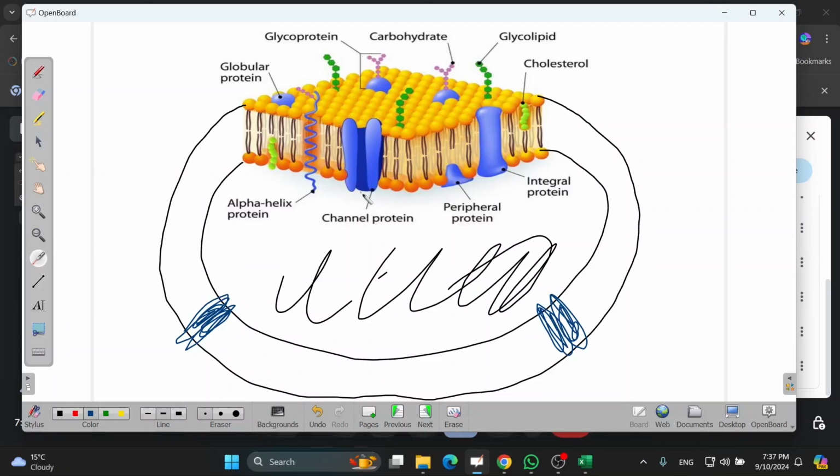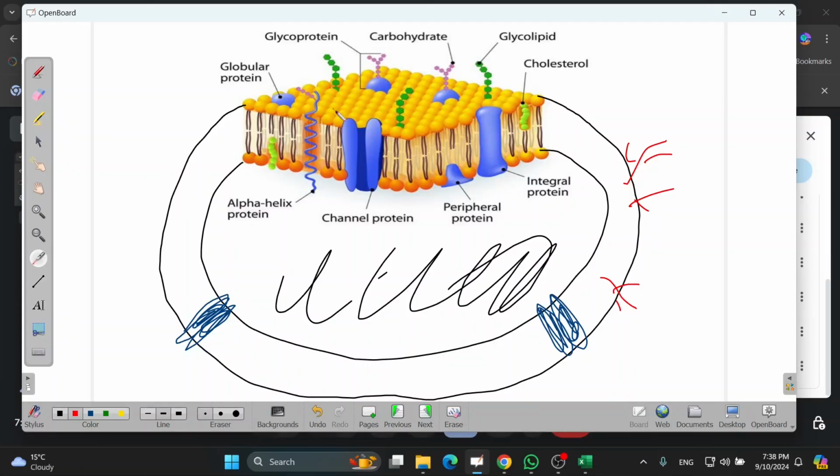Their function is mostly to help substances move in and out of the cell. See what I mean? There are also some carbohydrates attached somewhere, like this one here, you see? Carbohydrates. A protein with a carbohydrate is a glycoprotein, right? So, that is the cell membrane. It's very thin, right? It's not that thick. This drawing is thick, but it's actually thinner than a sheet of paper. The cell membrane, right? Very, very, very thin.